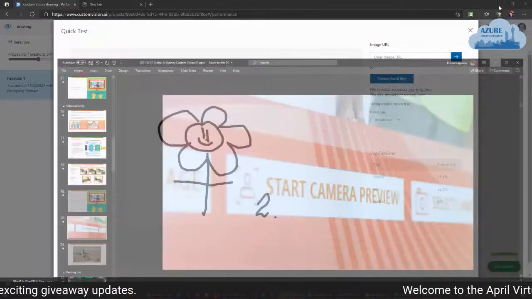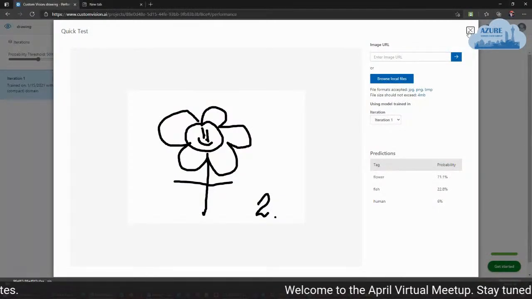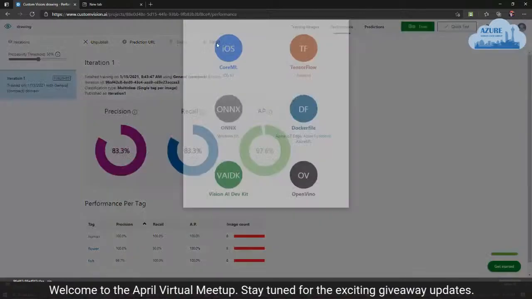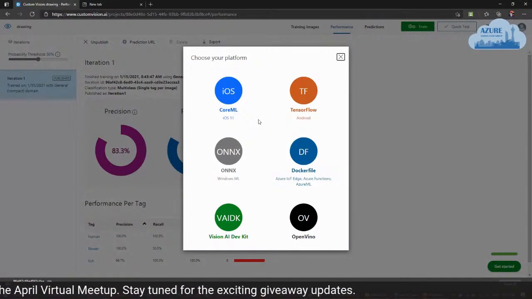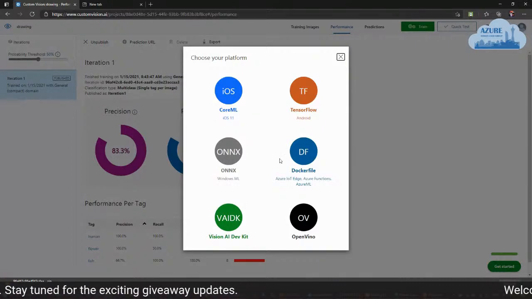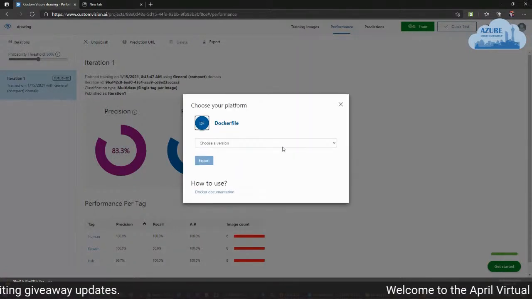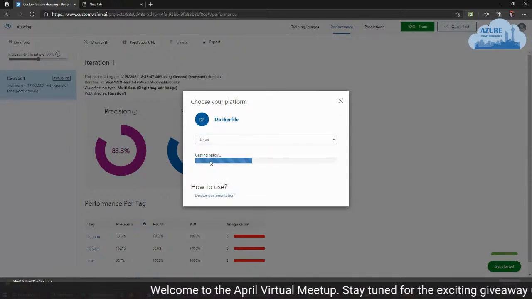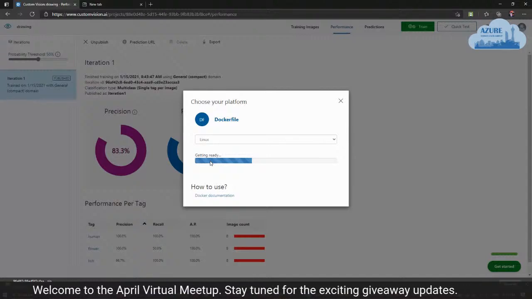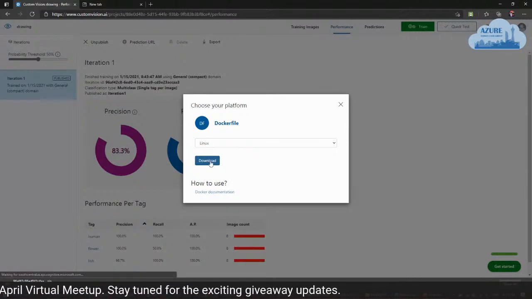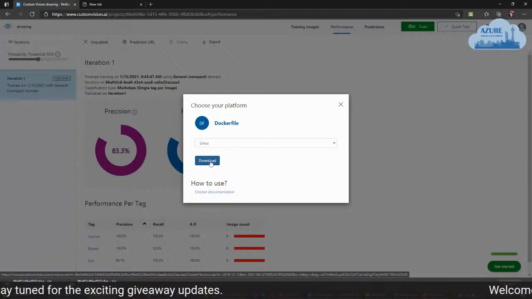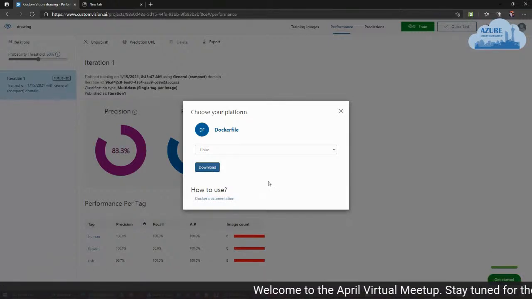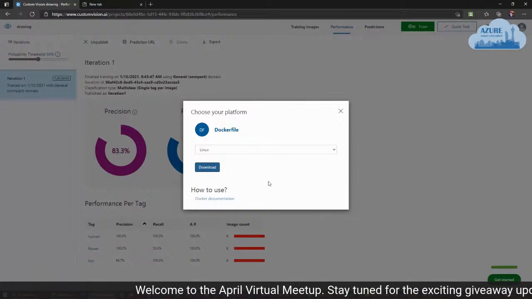Before going there, before showing the cloud, let me show you another important thing here. I have the chance at any moment to export this, as I mentioned. We can export this for TensorFlow, CoreML, but I like the Docker approach. I like to go here and export this as a Linux approach, because at any moment I can create this image, download this image, and use this as a Docker image file. So what I have here is I just downloaded an image of Docker that I can use to do this.